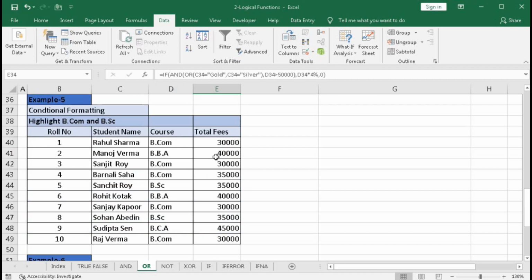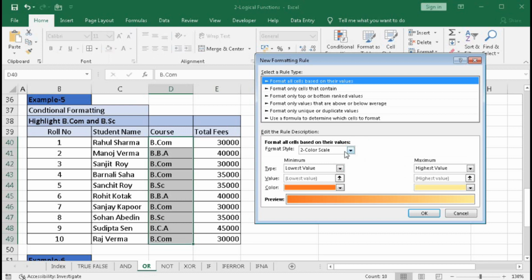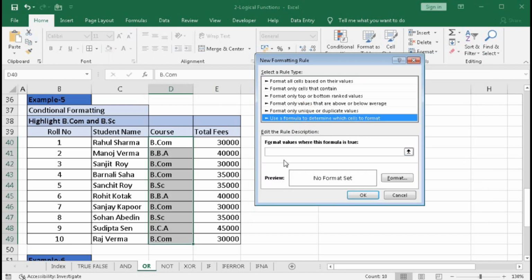Now we will understand example 5, that is about conditional formatting. So here we will highlight two courses. One is BCom, another is BSc. So select this, go to Home, Conditional Formatting, New Rule, and select this option, and here equal to OR, bracket open,